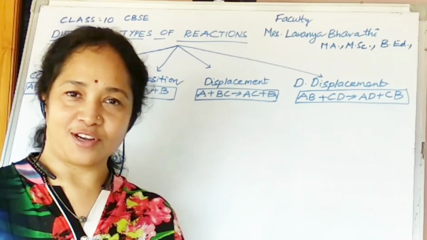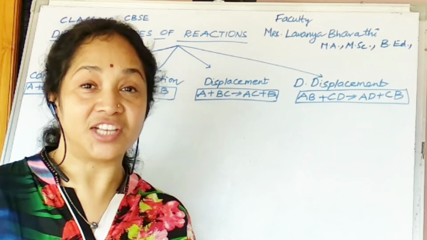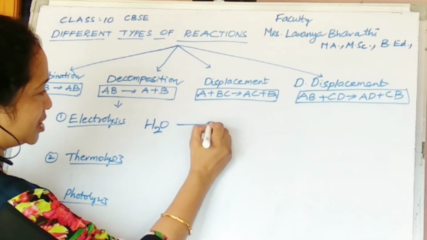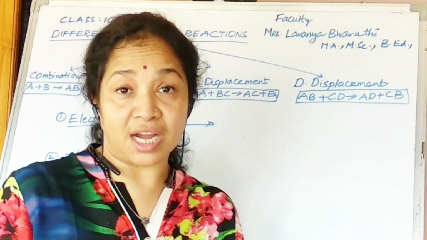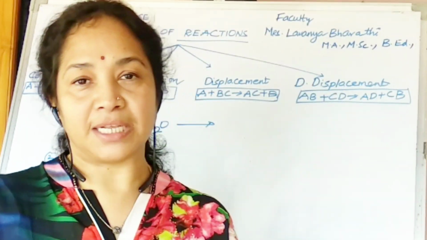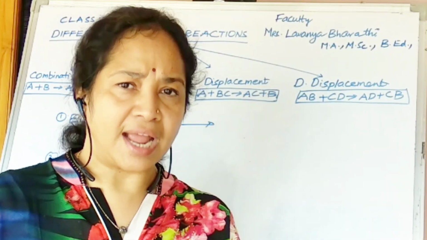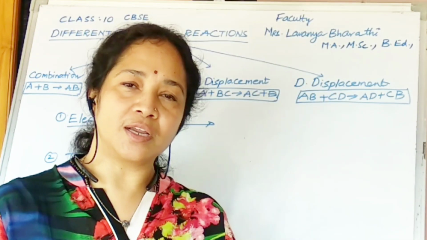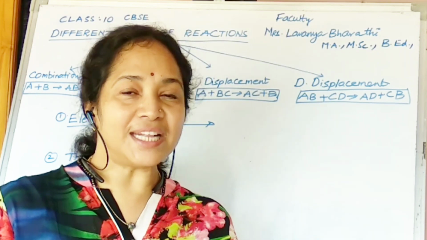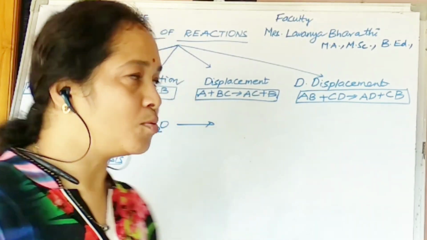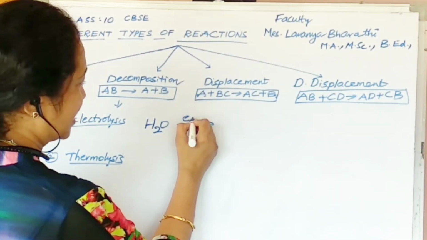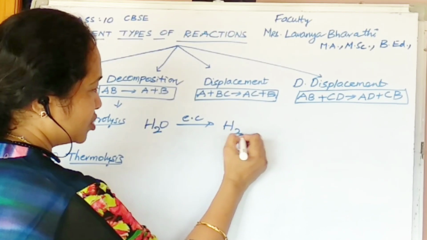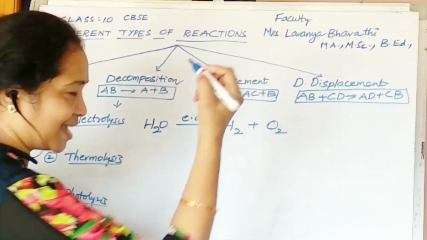You know the formula of water. The water molecule formula is H2O. So here I am writing water is H2O. This water molecule is taken in a voltameter and the current is passed in the presence of any acid or an alkali or any salt which acts as a catalyst, and this water molecule decomposes or splits into 2 different gases. What are the gases here? So I am writing here EC, EC in the sense electric current. It decomposes to hydrogen gas as well as oxygen gas.